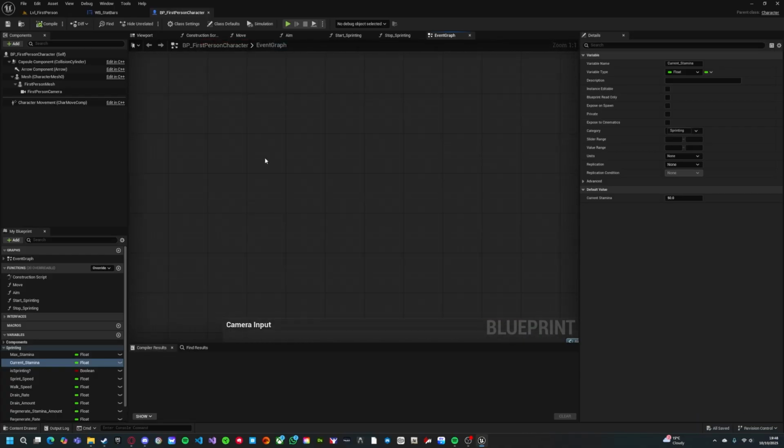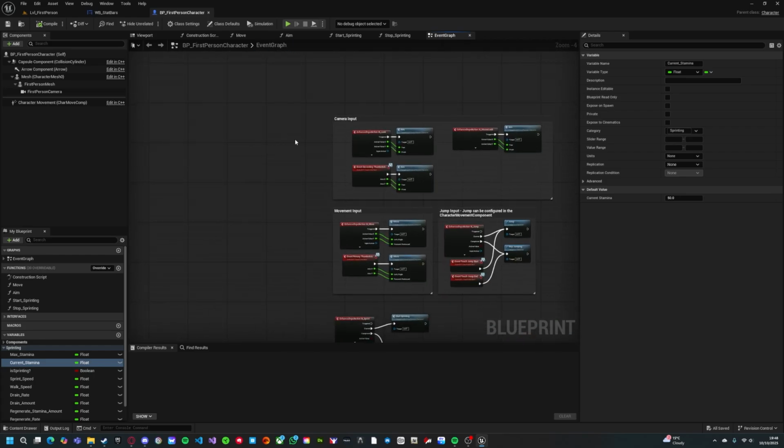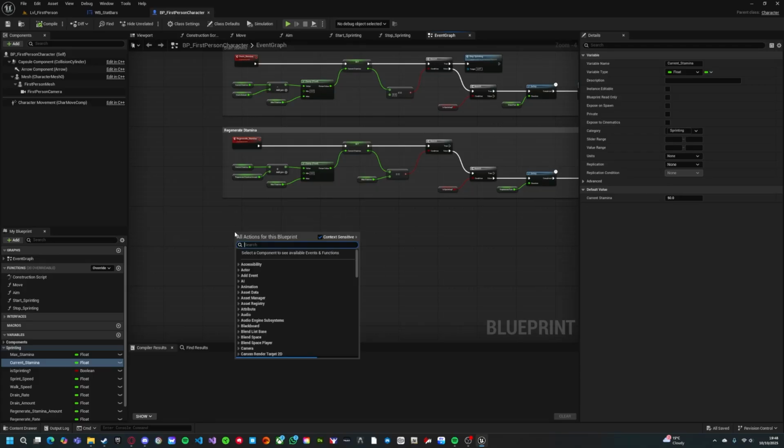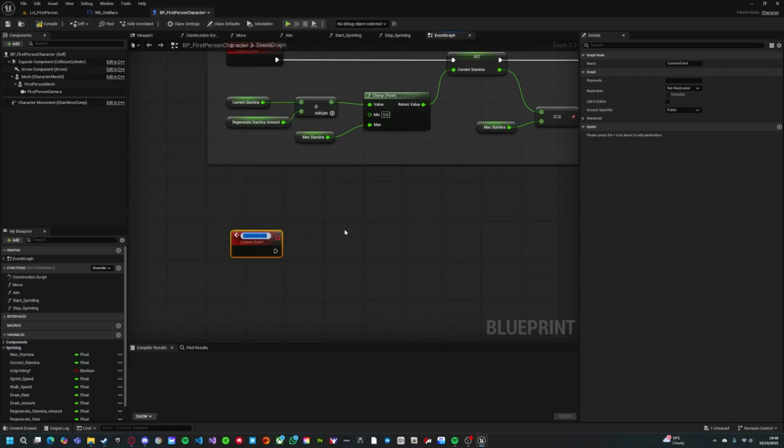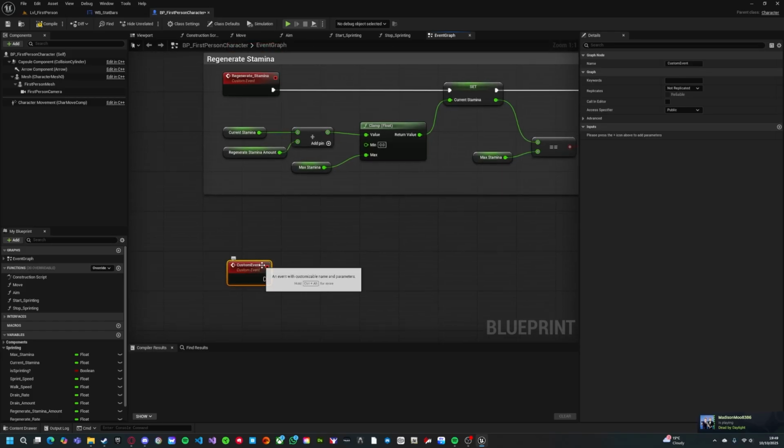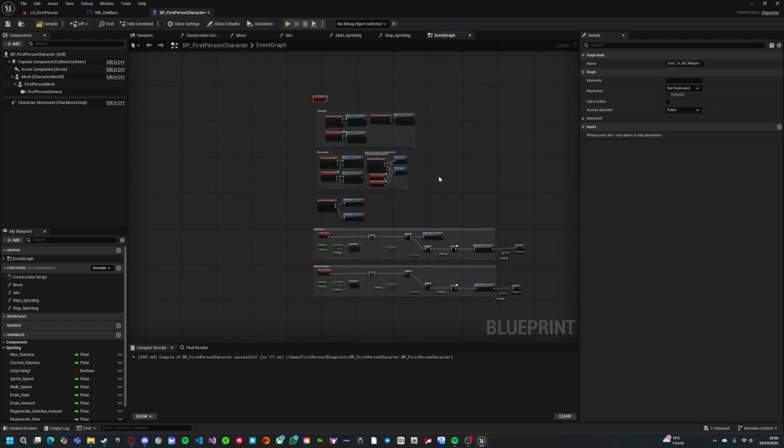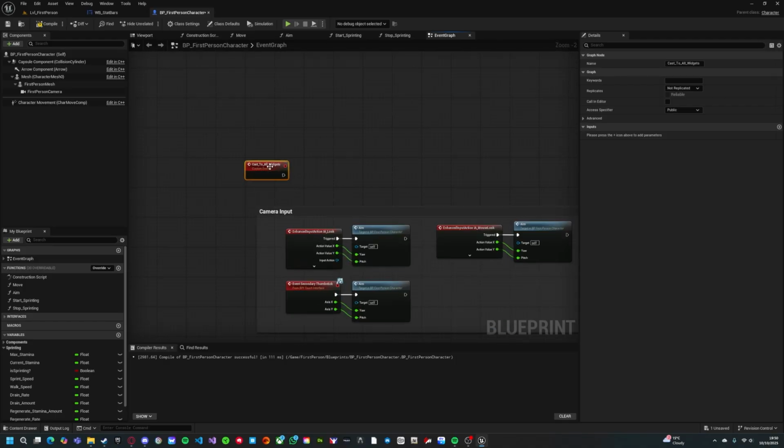So we're going to go, I'm actually going to create this now, just so I don't forget. We're going to add a custom event. And we're going to call this one, what should we call this one? Guys, because it's not showing, we need to actually cast to the widget and add it